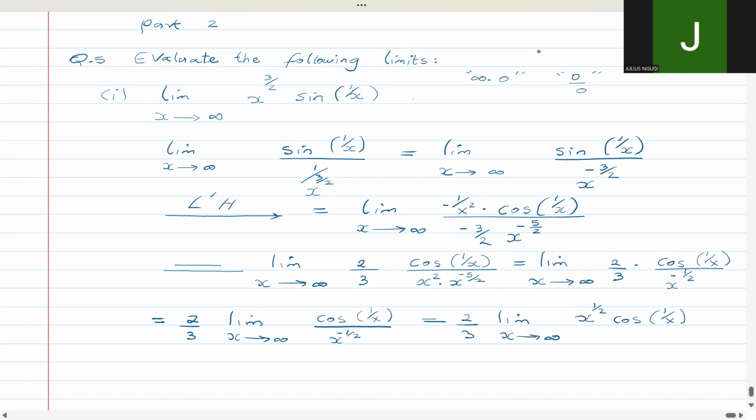So if you substitute x with infinity to see this answer,